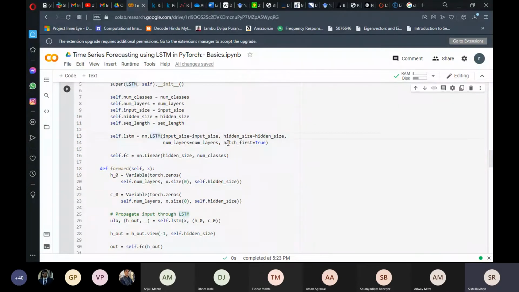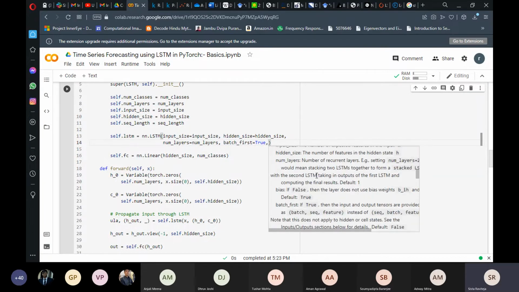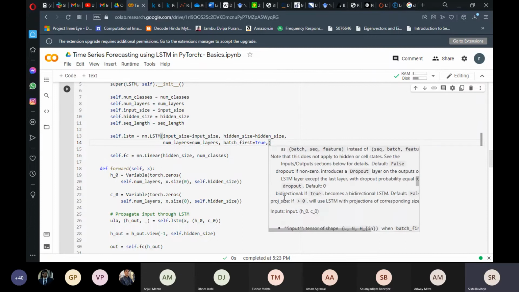And apart from that, there are two more things. One is batch_first. Why batch_first, I will tell you after some time, because we don't have the concept of batch here completely. But apart from that, there is also something called bidirectional.